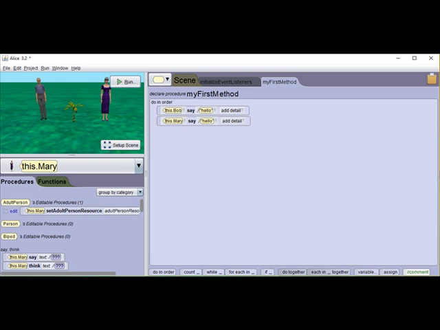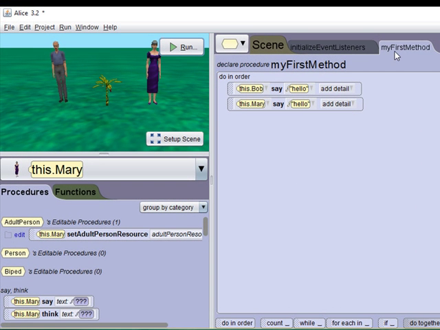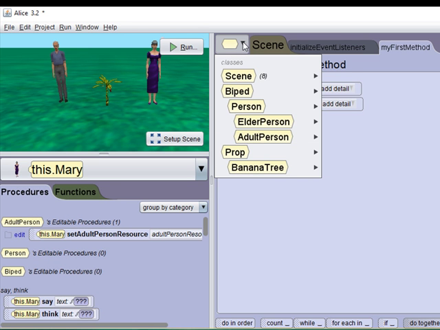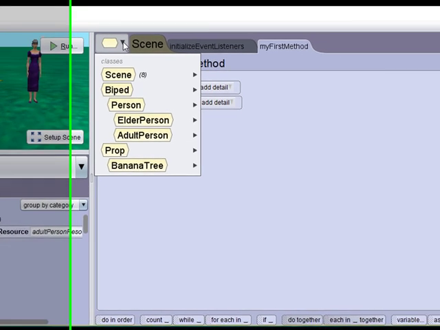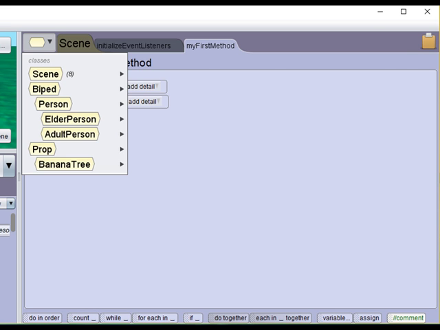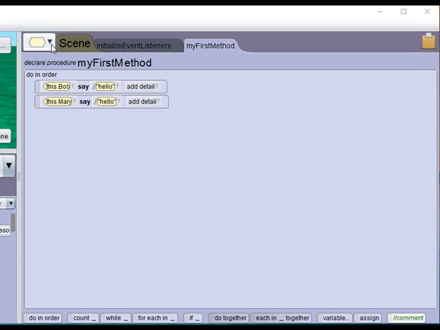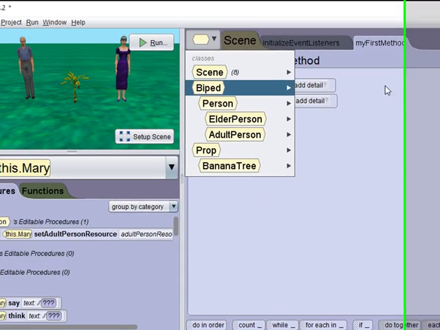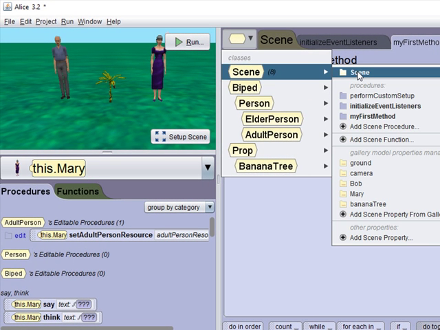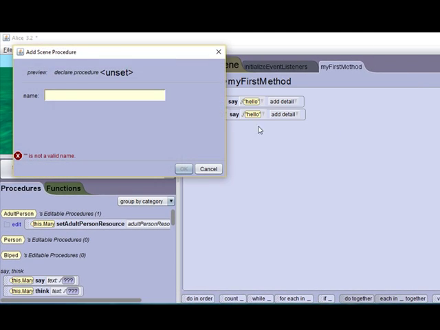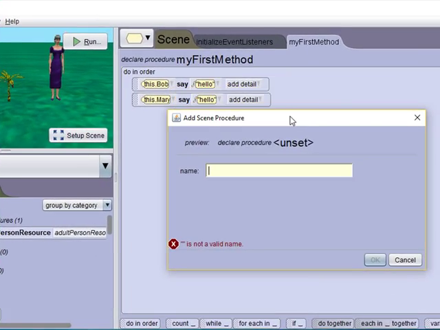Now what I can do is make a scene. Well, what I'm going to do is, oops, let me try that again. I'm going to add or create a new scene. It wants to know the name of it, and I'm going to call it my second